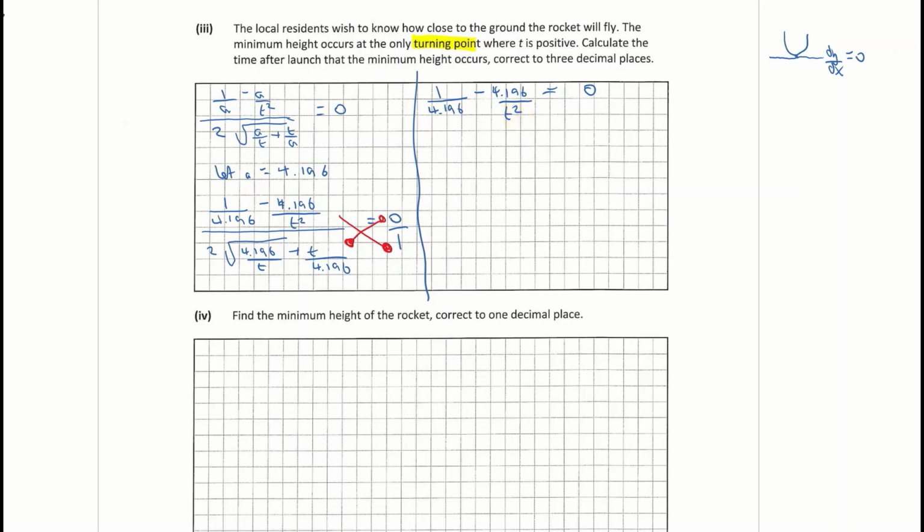So I'm going to isolate that fraction. I'm basically going to pick up this, move it over to equals, and it becomes a plus. Or just add 4.196 over t squared to both sides. So I have 1 over 4.196 is equal to a positive 4.196 over t squared. I'm going to use my knowledge of cross multiplication again. So I have 1 multiplied by t squared is 1t squared. And 4.196 by 4.196 is giving me